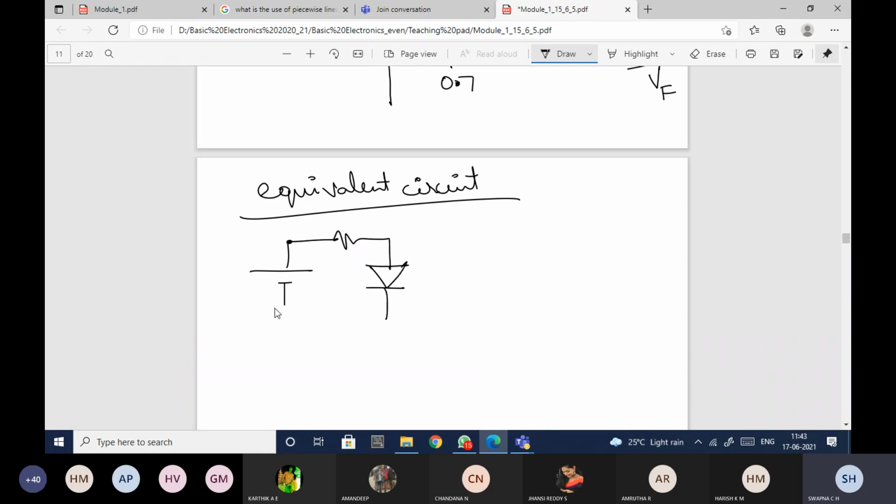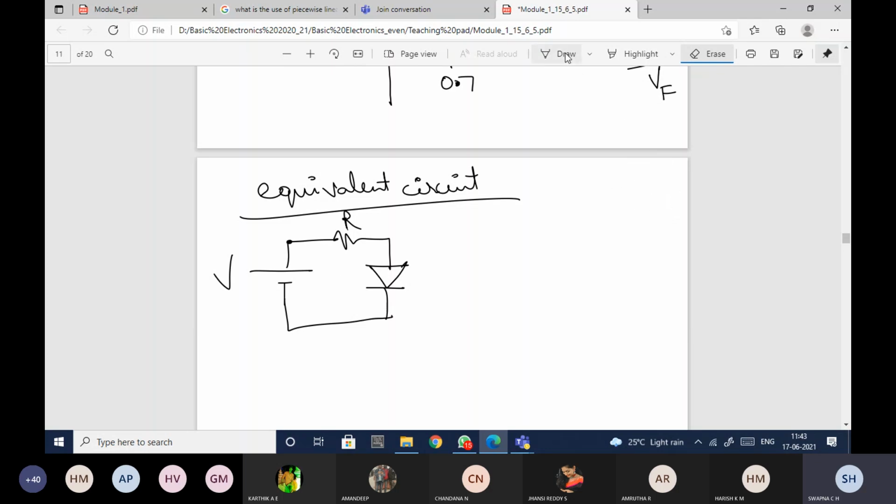So this is the example I have. This is a circuit, this is R, this is some voltage, and this is forward biased. As I've already mentioned, I will not bother much about the reverse bias. Why? Because when it is reverse biased, there will be very small current flowing, in the microamperes or nanoamperes range. So that's why I will not be bothered about my reverse current most of the time.